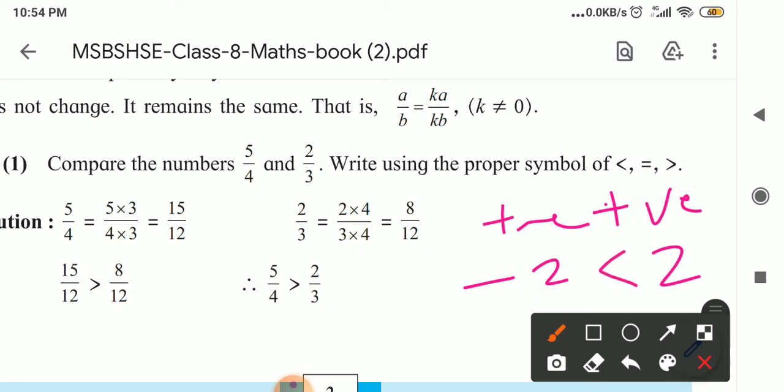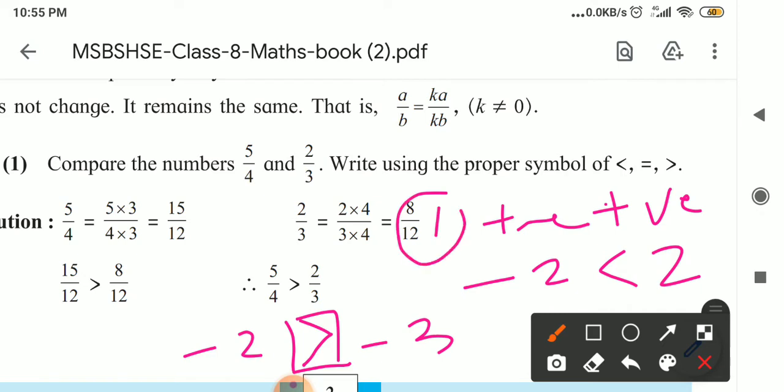But when both numbers are negative, at that situation, the smaller number is greater and the greater number is smaller. If you keep these three rules in mind, you will be perfect in the comparison of fractions. Different rules are there for comparing that we are going to study in this lesson, but you must have this previous knowledge.